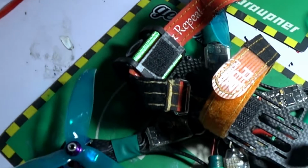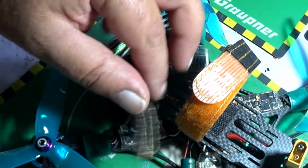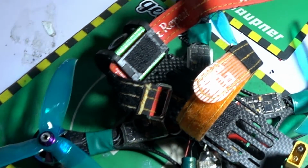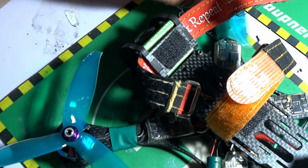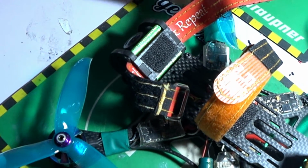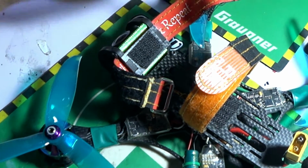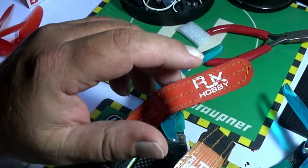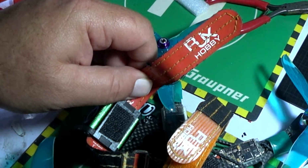back in the day, I used to like to run the 5040 Cyclones on high kV motors, but they weren't super durable. So then we had the 5045s, right? And those were decent props. I wanted something a little more thick and durable, so I went to a little lower kV motor with a little more grunt to it. And then they came out with the 5046s, and I was like, well, that can't be that big of a difference, one freaking...